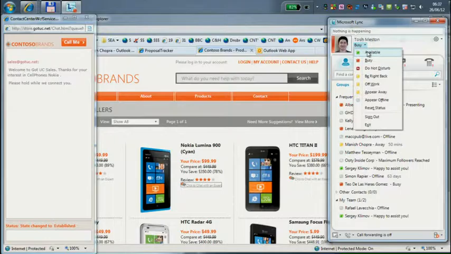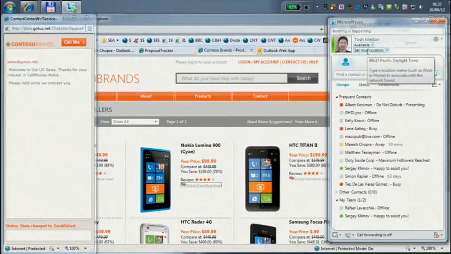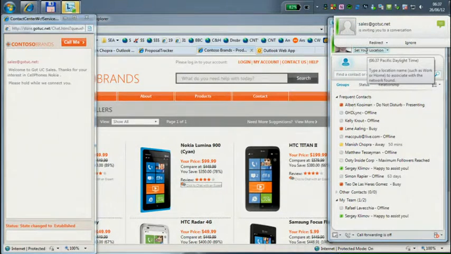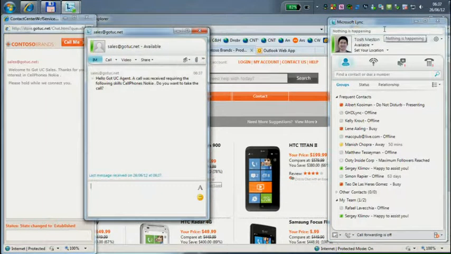So the moment I become available, this particular software that we have, this ACD, automatic call distributor, in this case it's an IM distributor, not a real call, but it could have been a phone call as well. When I go to available, there will be a pop-up from this, almost like an expert finder, and it will ask me if I can answer a question about a Nokia cell phone.